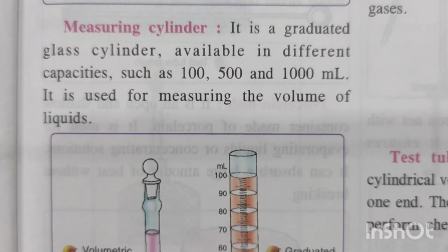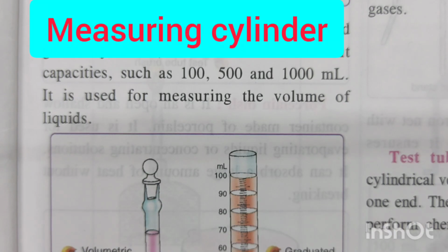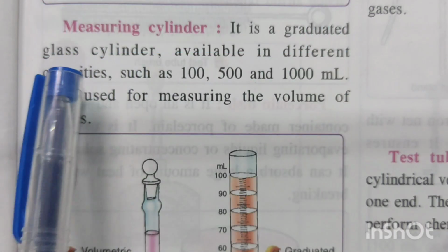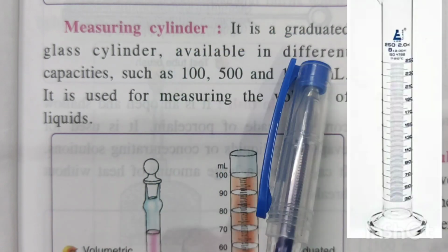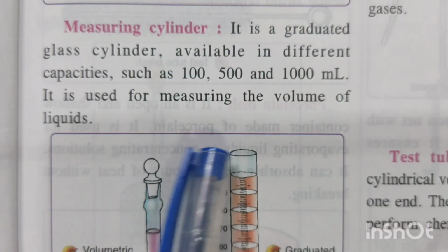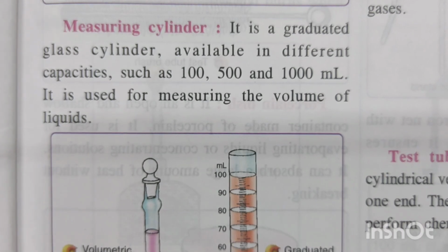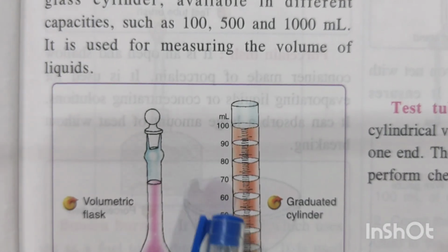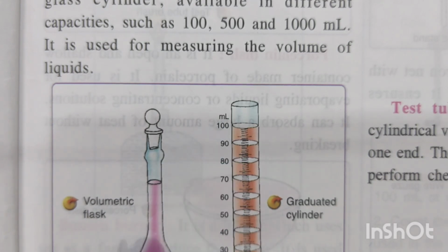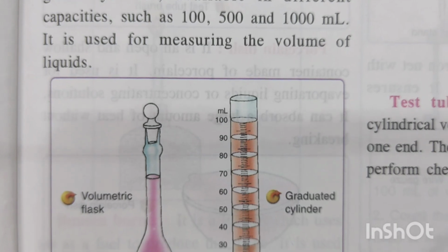Next we come to, children, measuring cylinder. Now measuring cylinders are the graduated glass cylinders. Now graduated means, children, in which the markings are made. At different levels the markings are made, as you can see in the picture, children, and they are of different volume. You can measure different volumes of liquids in it. They can be certain kinds of chemicals, certain kinds of alcohols or bases that are used, children.